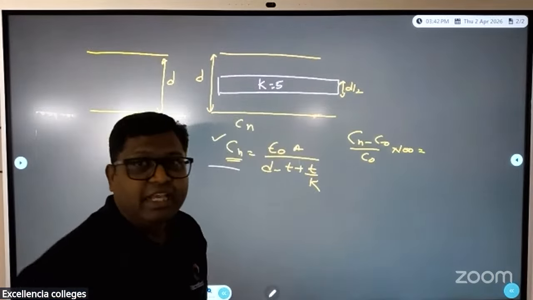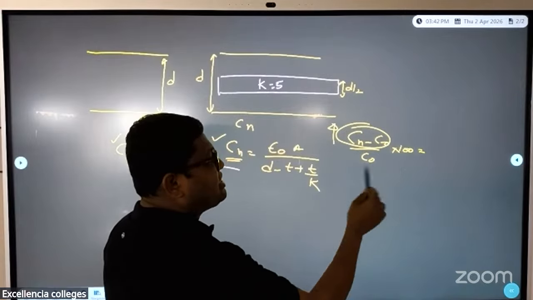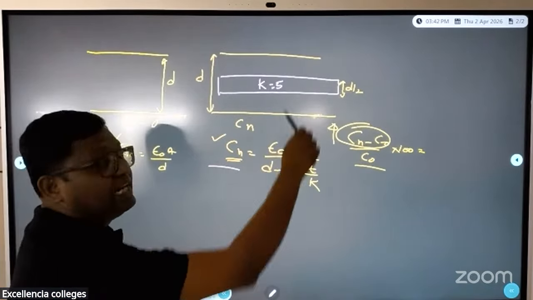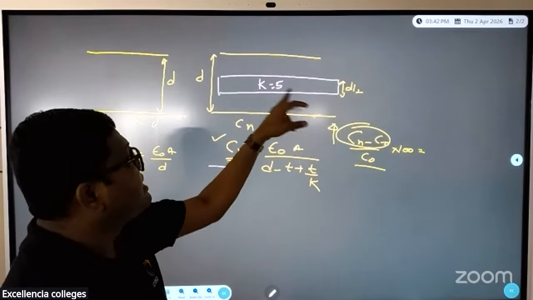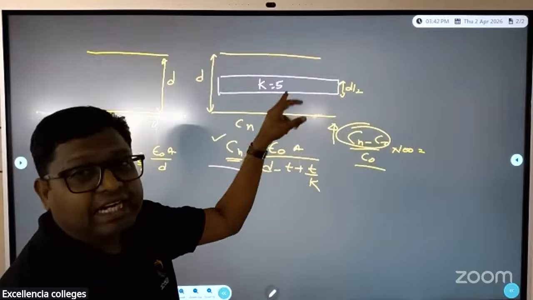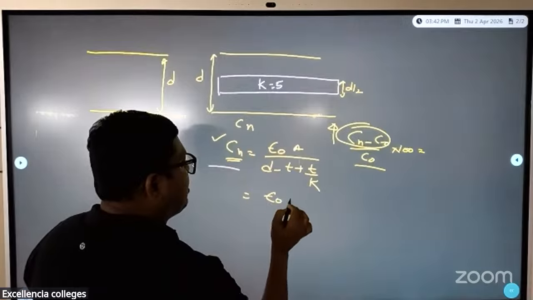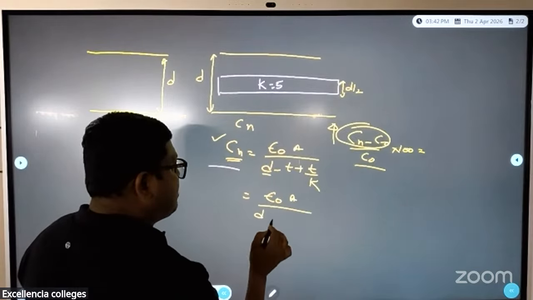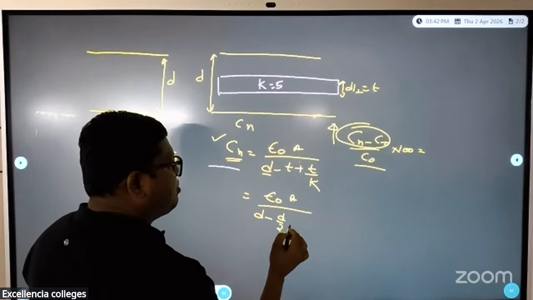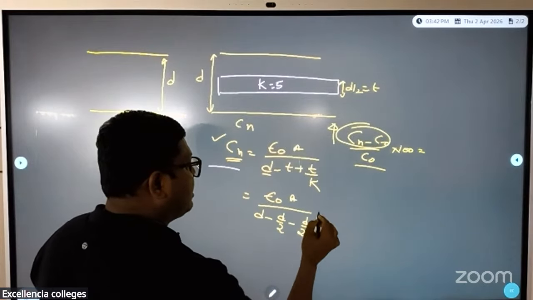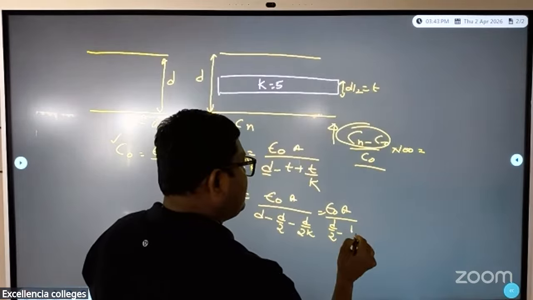This is the value which has to be identified. So the increase in the value of the capacitance, right? You have inserted the dielectric in the capacitor. So how is the capacitance increasing? When you are inserting this, we know that with the insertion of the dielectric, capacitance will increase in the process. So we can easily calculate epsilon naught A by (D minus the thickness), which will be D by 2, so D by 2 minus D by 2K. So that gives you epsilon naught A by (D by 2 minus D by 2K).